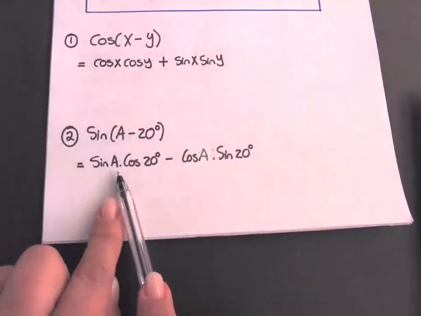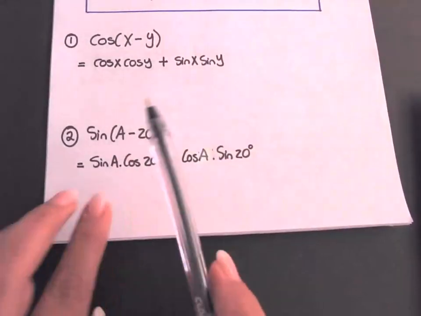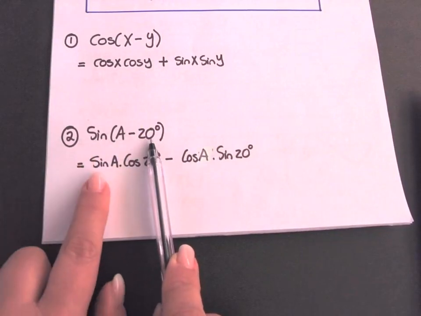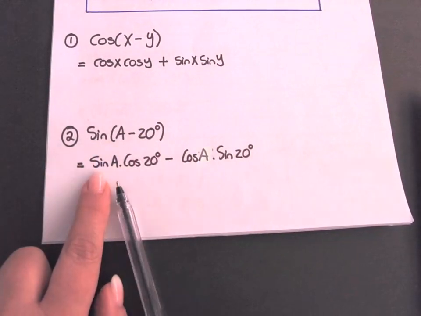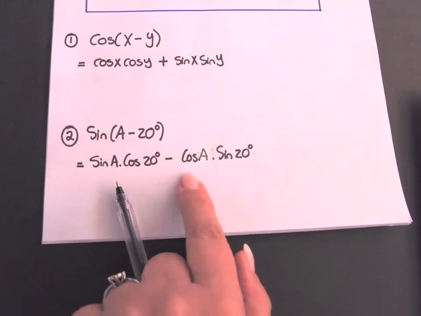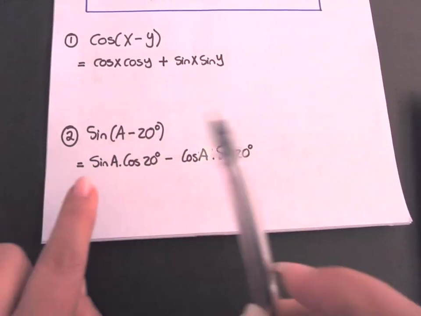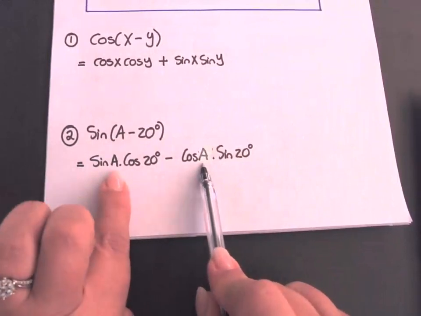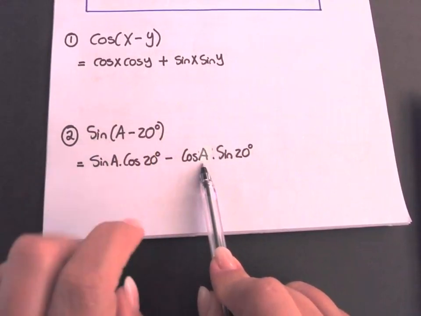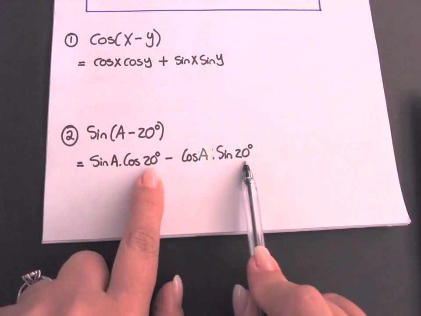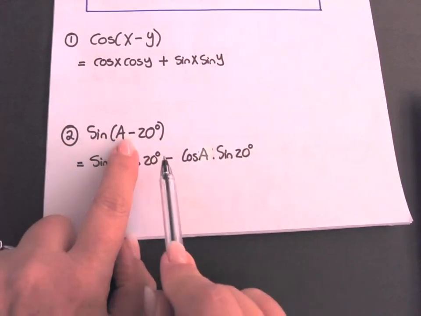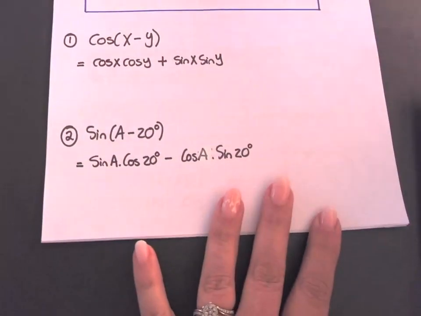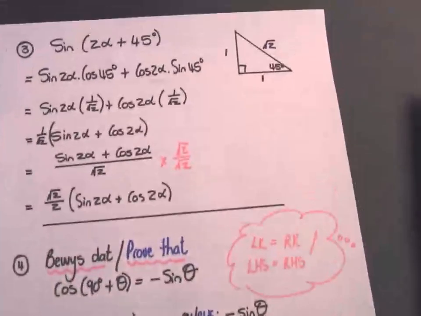Let's look at the sine compound angles. Sine of a minus 20 is little girls. Ek sien kos. Kos word gesien. Okay, so the first angle goes to the first angle in each term, and the second angle goes to the second angle in each term. The minus stays a minus. The next example,